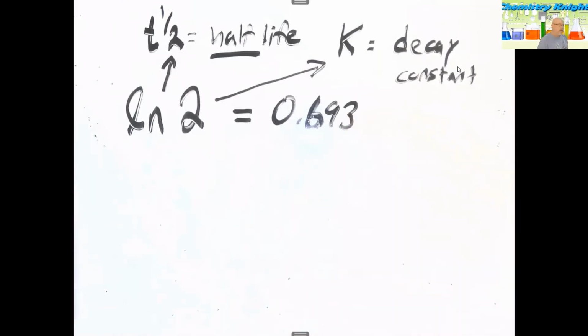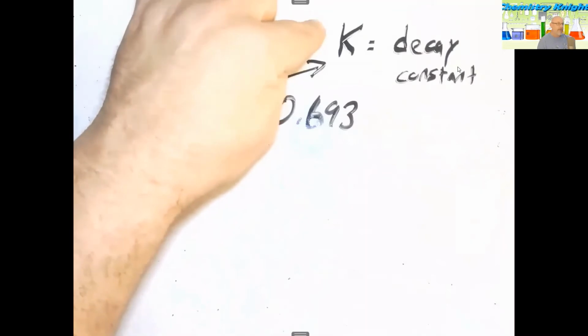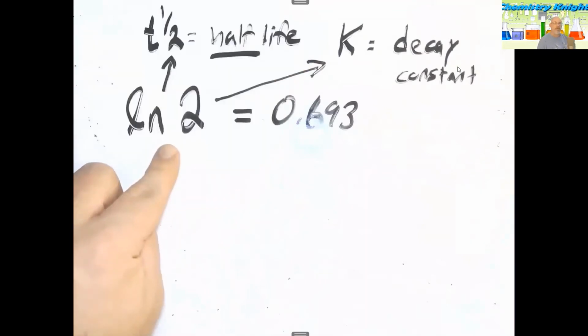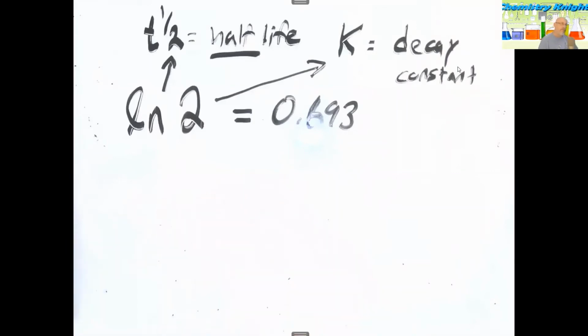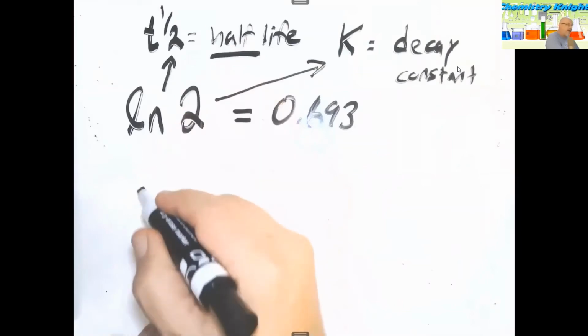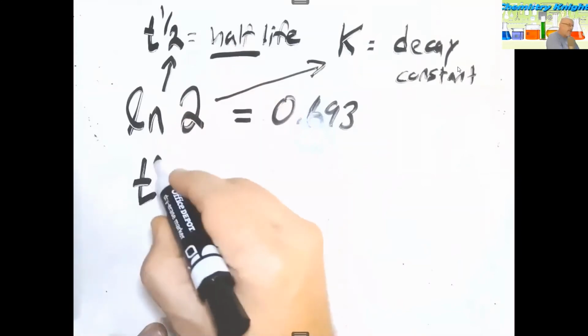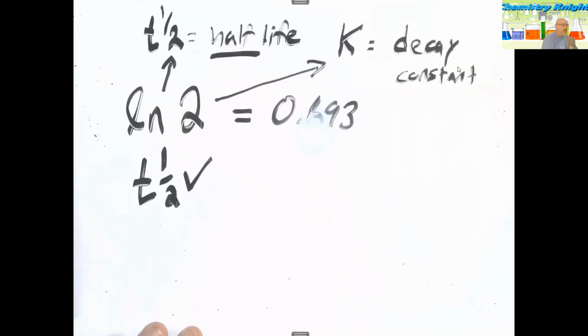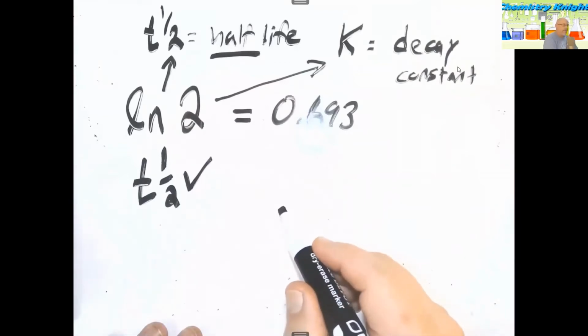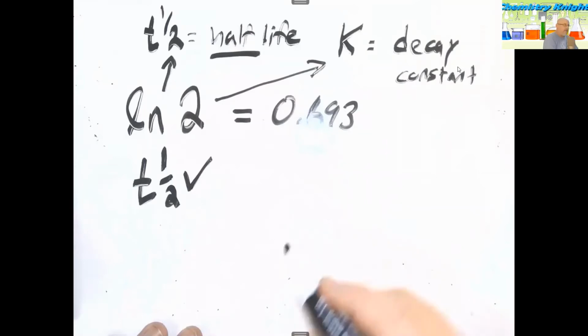Okay, well, it turns out that if I know either the half-life or the decay constant, I can use the natural log of 2 to figure out the thing I don't know. And again, this is like a mirror. So let's say that I know what the half-life is. Check. Okay. Well, if I know the half-life,